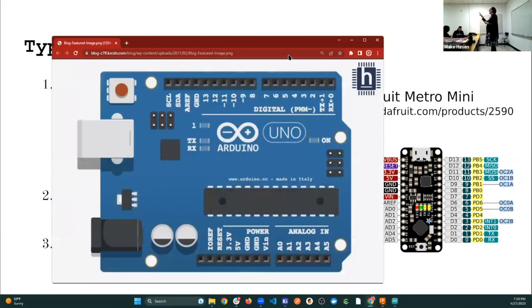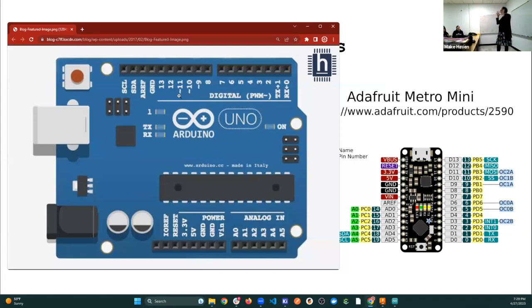Perfect. Yes. If you go to a random tutorial on the internet, if it's a good one, it will tell you to connect your thing to this pin. It won't tell you to connect it to this kind of pin and have you figure it out. It will say, connect this to pin number 3. Okay. But the moment that you stray beyond the garden path of following exactly what the tutorial says,